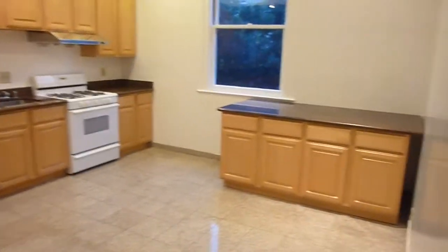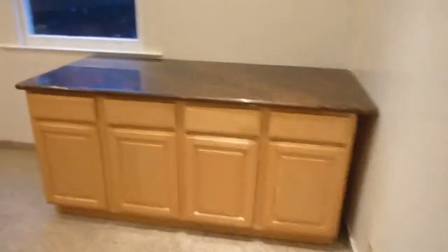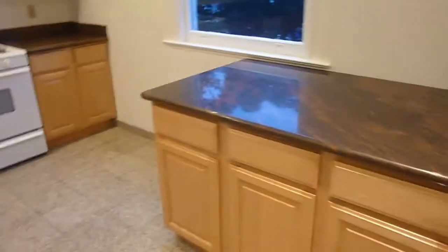If you do choose to use it as a 5, you got a great kitchen, which could act as your common space. This island over here is movable. We can move it to the center or another location in the kitchen if you want. It's a great kitchen with lots of maple cabinets,